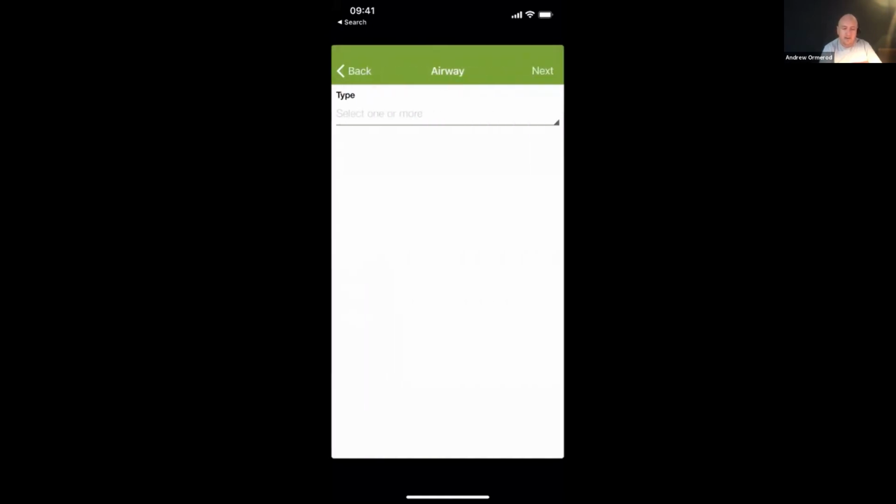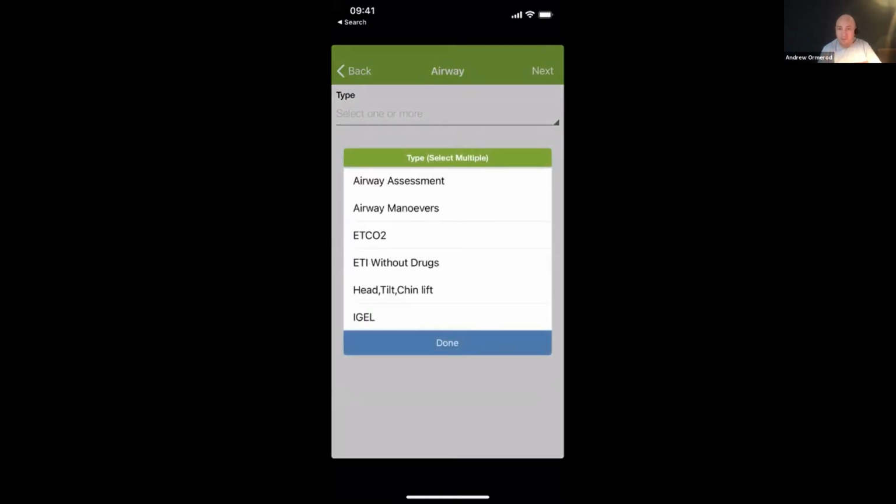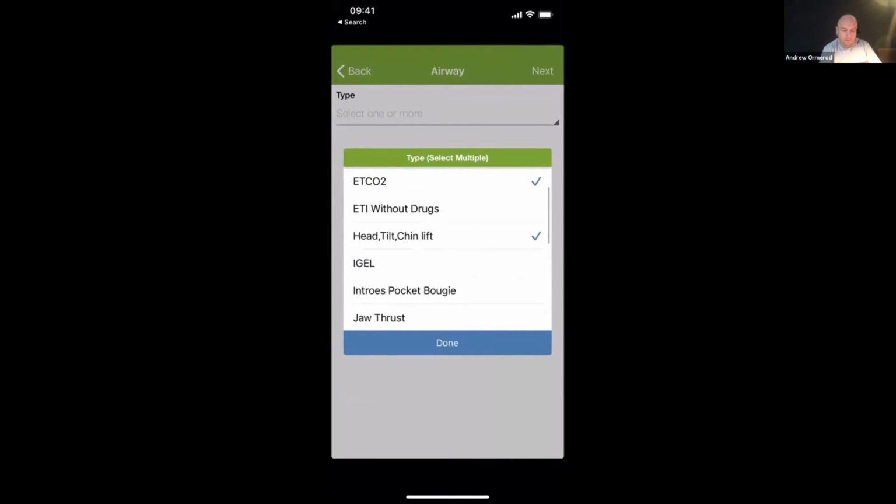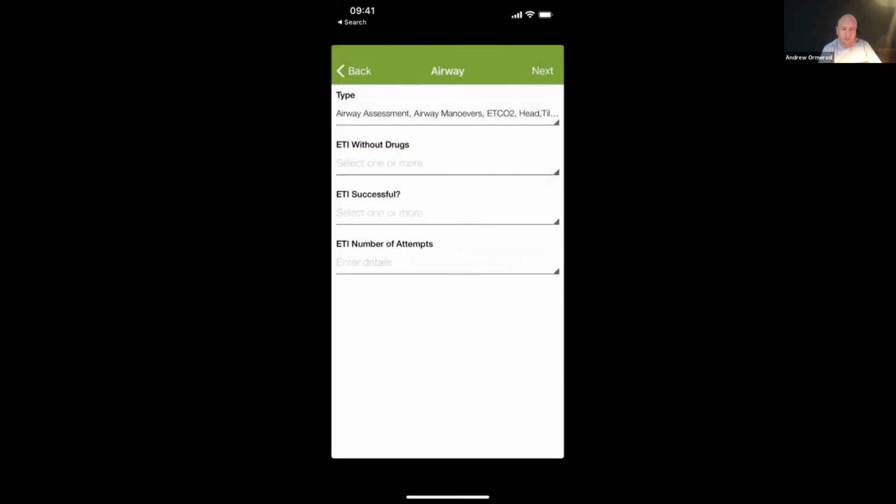Then you can go on to airway, and this is what's really useful for the airway log, because you can document your airway skills. So I'm going to click in there: airway assessment, airway maneuvers, head tilt chin lift, and that I used an ETI, and then also an NPA, and then I used suction. So lots of airway bits I've put in there that will appear in the airway log